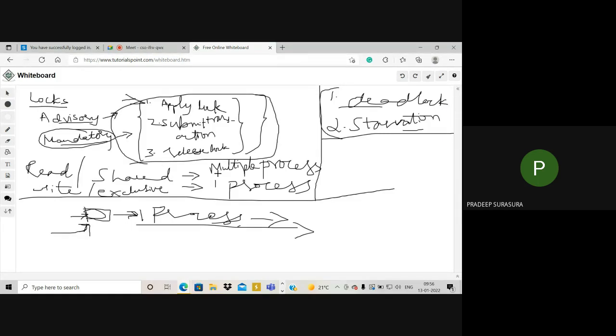Now, one simple example I will try to quote. Imagine you are trying to access your ATM machine. Imagine you're swiping your card. Now, what happens? If I were to tell you in detail, we could understand it even better when talking about locks. Just hang on. Now, when I'm talking about locks, imagine you are swiping your card and you're trying to do one transaction using your ATM card.